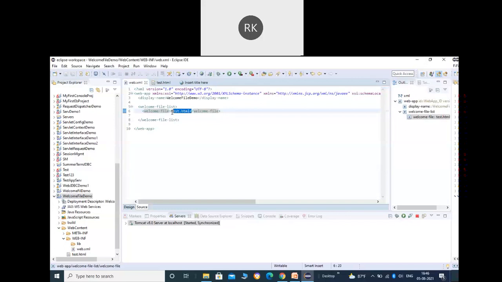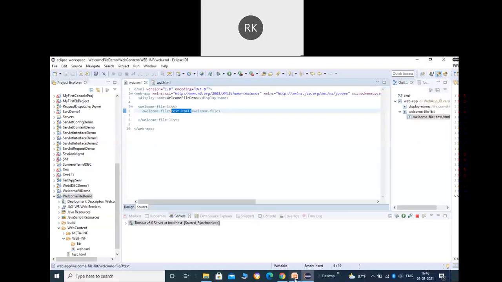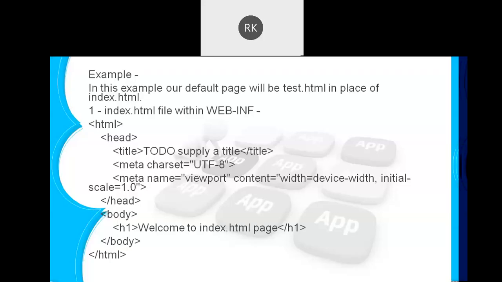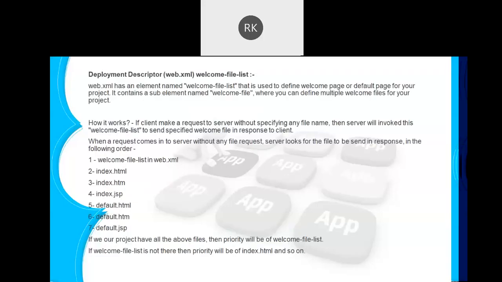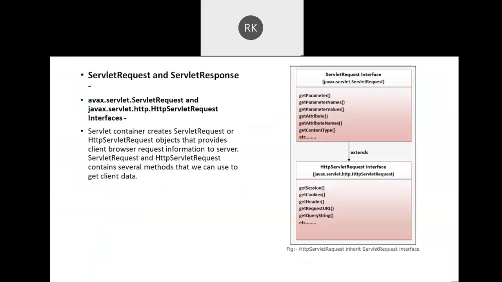So you can see here, when we run the Welcome File Demo project for the first time, in response it is returning us the test.html file, because this is the output of test.html. All right, so from the web.xml, using this welcome file, we can make any file our welcome file by defining it here. So this is all about the welcome file list.